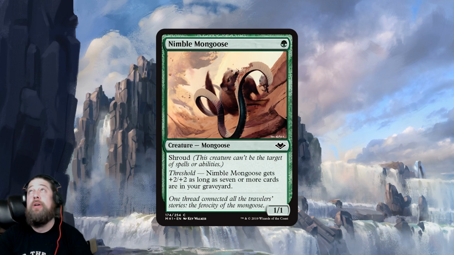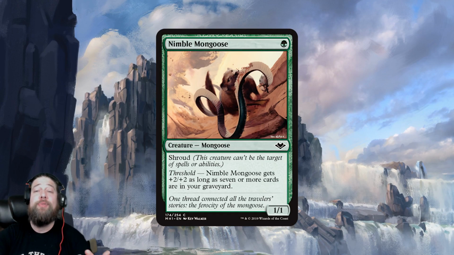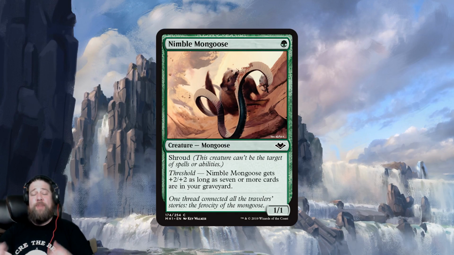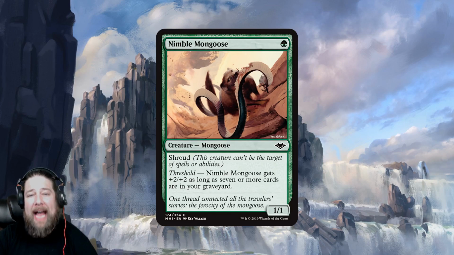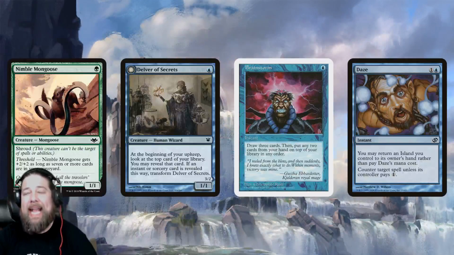You can't target it, put equipment or auras on it or whatever, and then if you've got 7 or more cards in your graveyard to have Threshold, it becomes a 3/3 for 1. So a pretty powerful effect, really, especially with fetch lands and other cheap ways to get cards in the graveyard. I think there's a question of how good Nimble Mongoose will be in the Modern format, and here I'm not